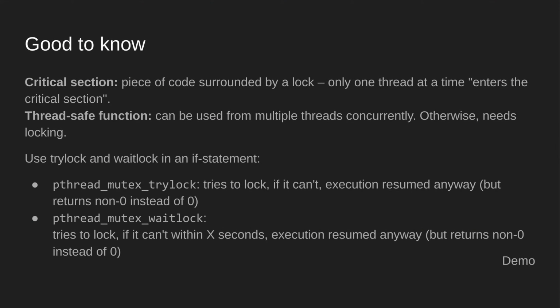You also have TryLock and WeightLock, and well, imagine going back to the bathroom example. Imagine you are going to the bathroom and you see that the stall is locked, right? What do? Well, usually there are multiple stalls, so you go right to the next one. But suppose there's only one bathroom stall. What do? Well, you'll probably wait a bit. But if the person inside of the toilet is taking way too long, you'll probably give up and just look elsewhere in the building for another toilet. So that is what WeightLock does. WeightLock allows you to specify a time, and if it can't lock the lock within that time, it'll just move on.